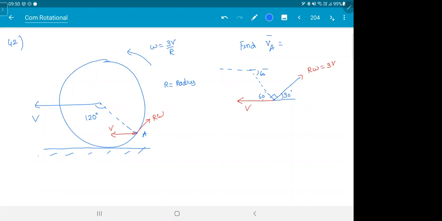Tangent of 90. Right? So what do you get? V, 3V cos 30, 3V sin 30. So this is 3 root 3 V by 2. So we have 3 root 3 V by 2 minus V I cap, 3V by 2 j cap. That's your V A bar. Check it out. Ask me if anyone has a doubt in this.